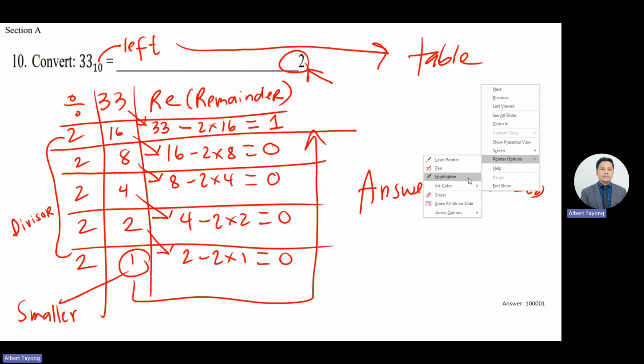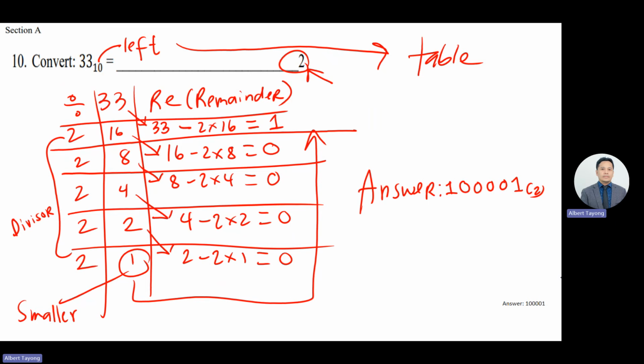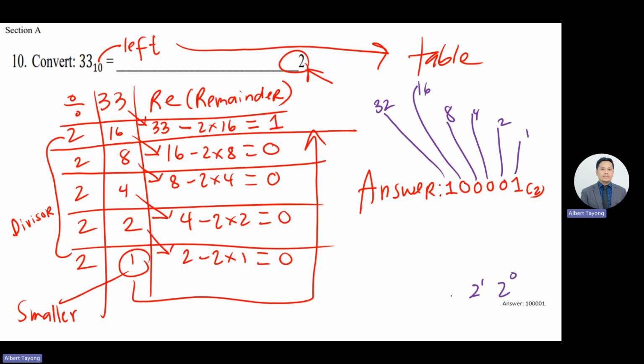Okay, to check this, we start from 1. This is 1. Okay, this is 2, 4. Keep on multiplying by 2 because we have 2 here. This is 8. We have 16, and this is 32. Okay, so basically, starting from 2 to the 0, 2 raised to the power of 1 like this,